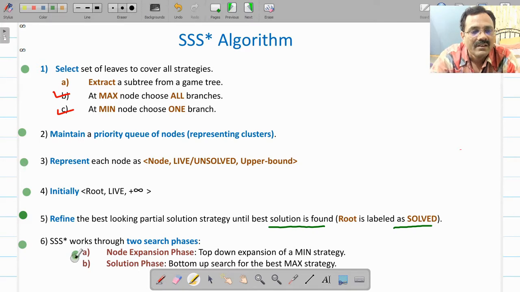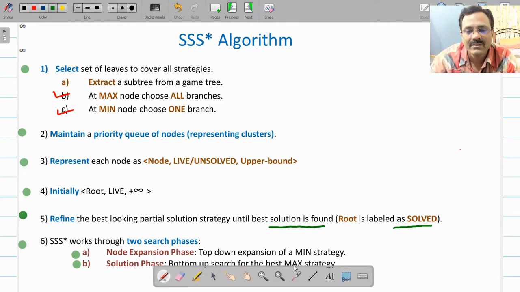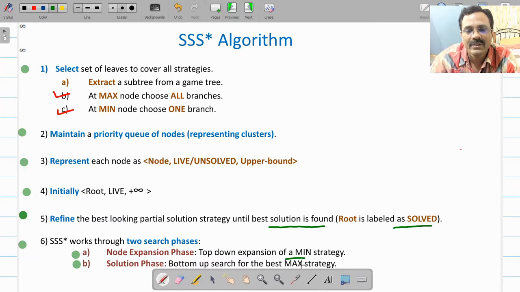And then we have solution phase, that is backward phase, bottom-up phase, as in AND OR graph, where we will search for the best max strategy. From backward phase, so remember here, we will be searching for best max strategy. So that's why on priority queue you will find out we will always have a node having highest h value at the front, because you are working for max.